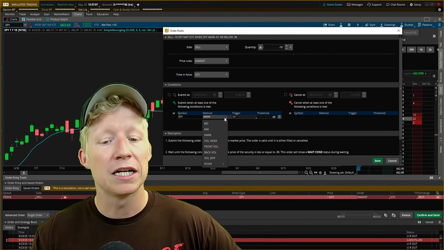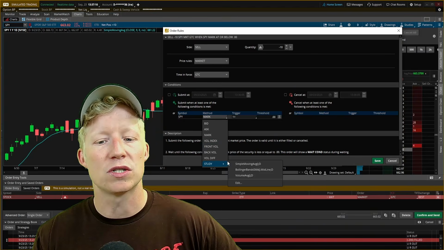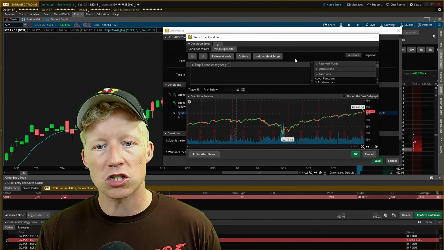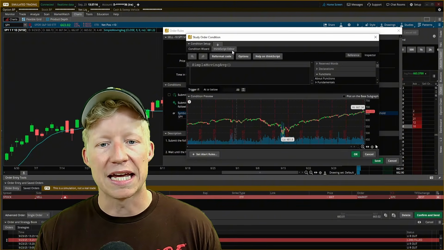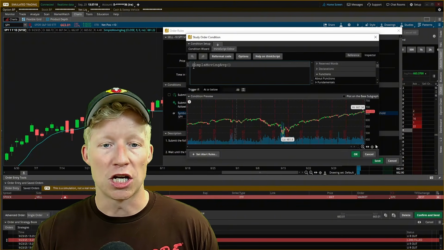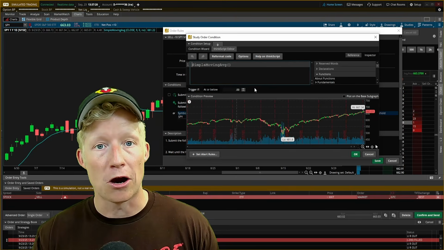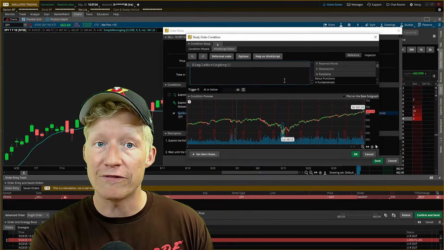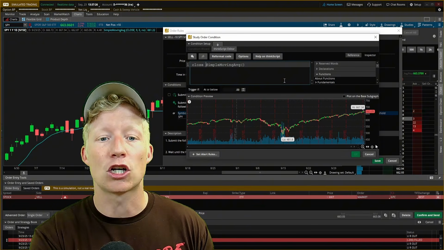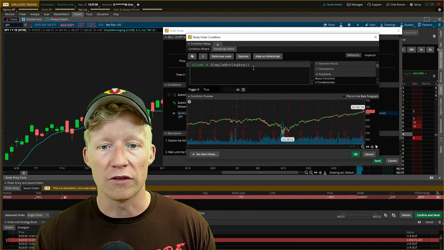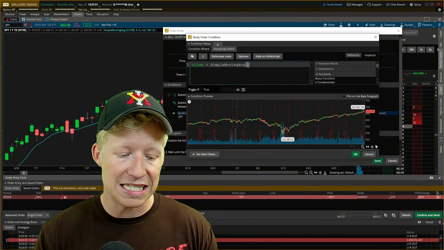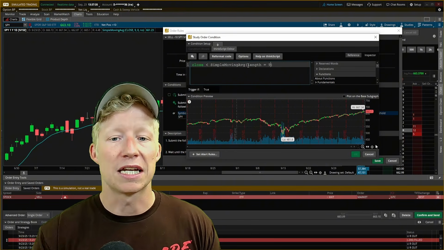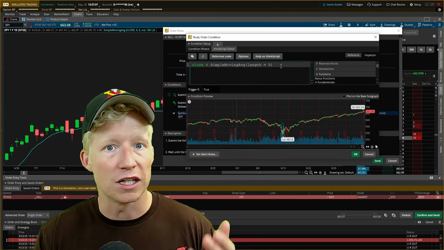So on method, left click, I'm going to come down to study, and go into edit. From our ThinkScript editor here, we can begin to build out our condition. Actually, the simple moving average study function is already there by default. So all we need to say is if the close, meaning the close of the current candle, is less than the simple moving average with the length set equal to 9, which is actually the default length,